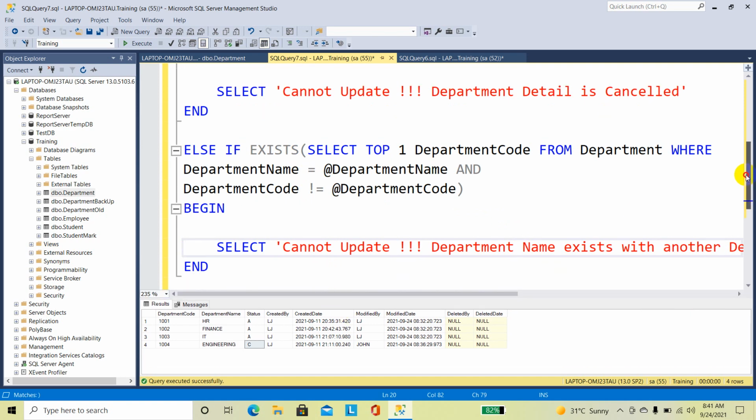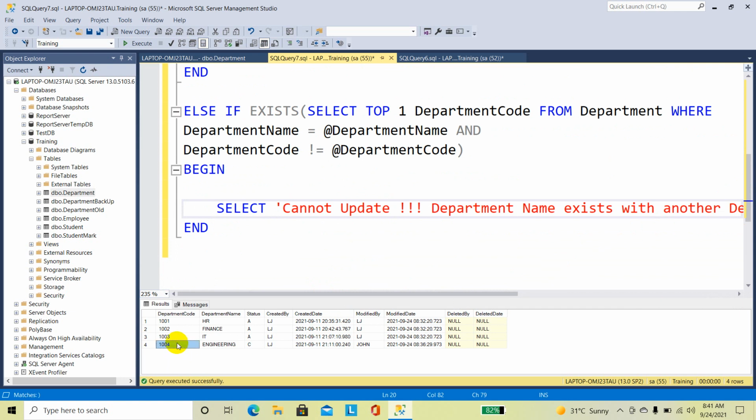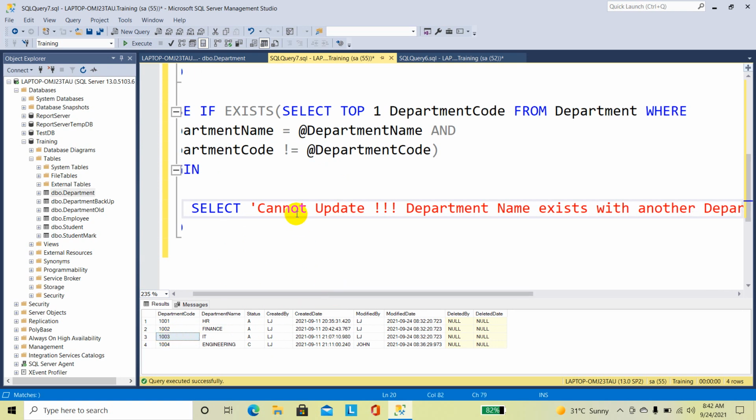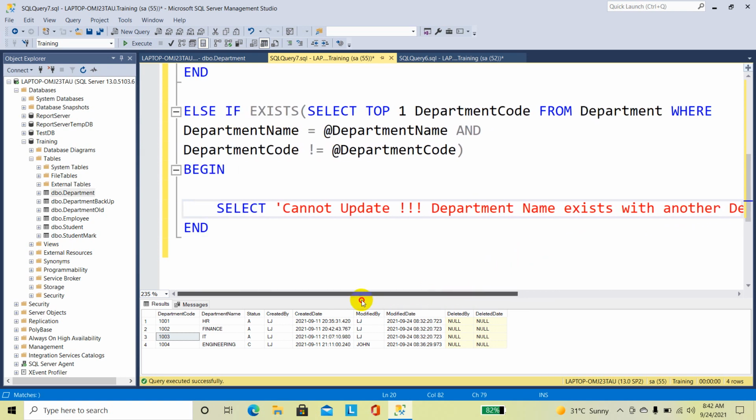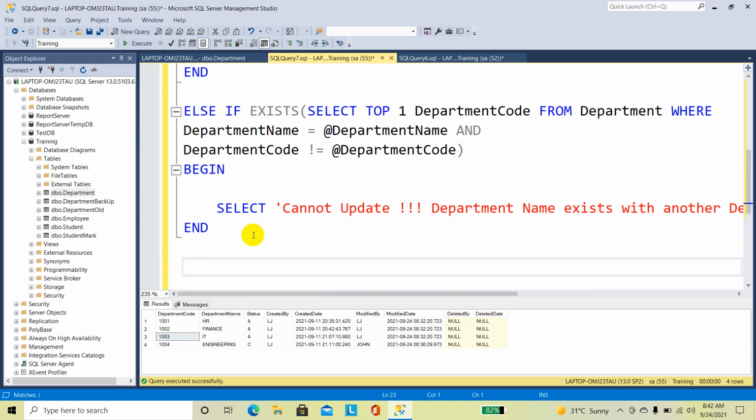here I am going to pass 1004 and department name. I am going to update the department name engineering into IT. Then it will check the department name IT exists with a different department code. So it already exists. IT exists with a different department code, that is 1003. Then it will show a message, cannot update, department name exists with another department code. Now another condition,